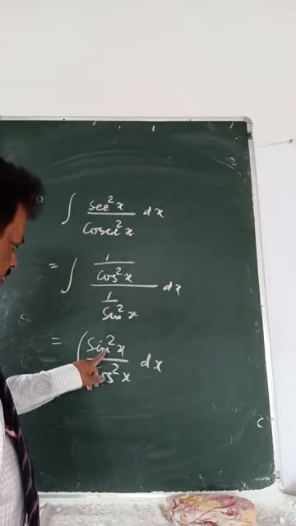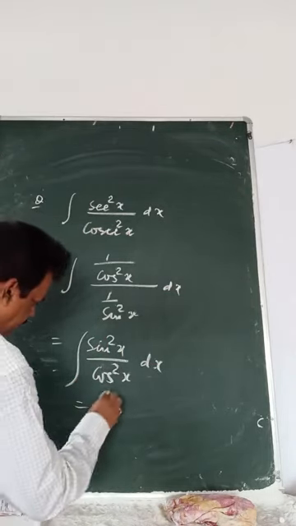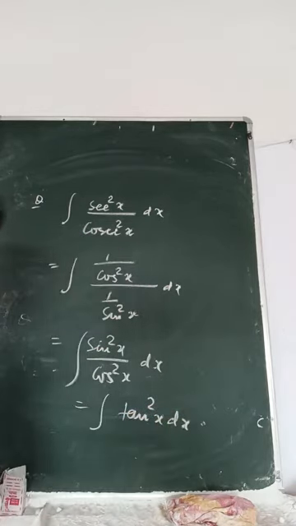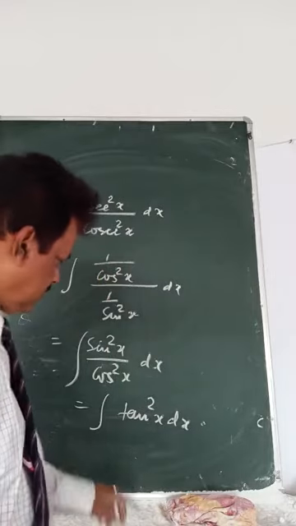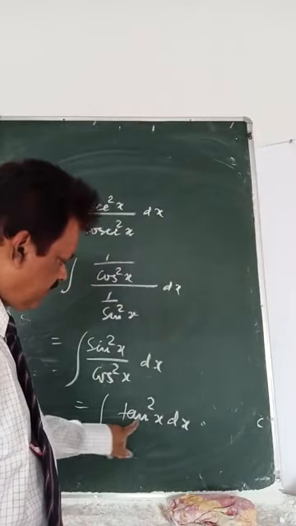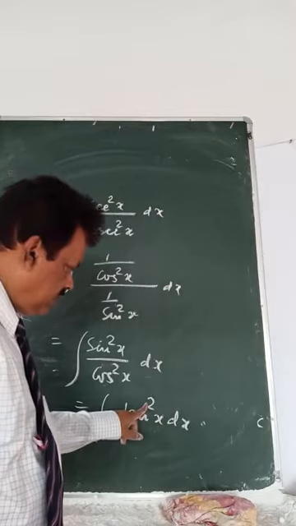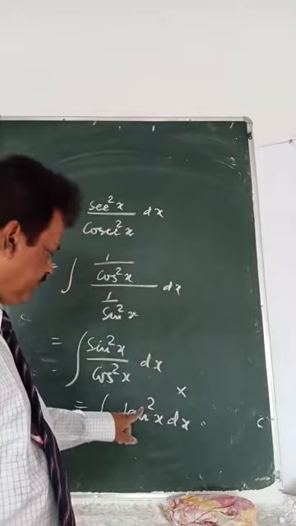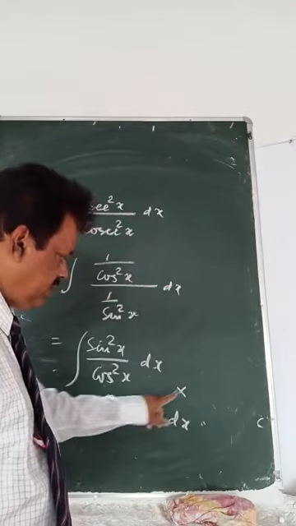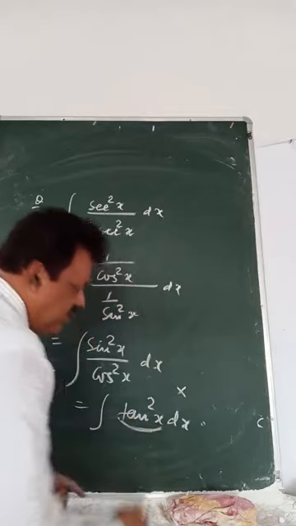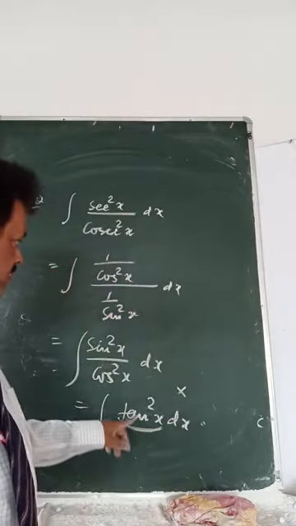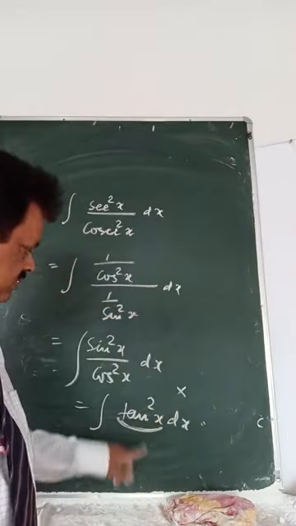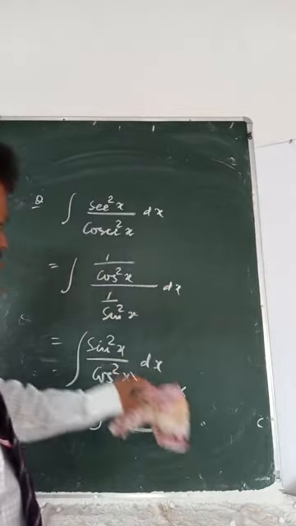Now, if you simplify it, you get tan square x dx. Okay, so tan square x has no direct integration formula; there is a formula for tan x. And you cannot use your nth formula. The point to notice here is that the nth formula cannot be used because the derivative of tan x is not constant. Remember, the nth formula is used when the derivative of the base is constant. So this is not constant, which means something else we have to do here.